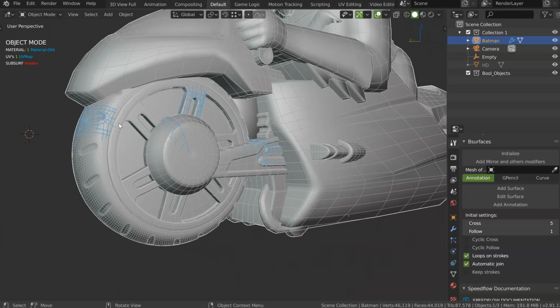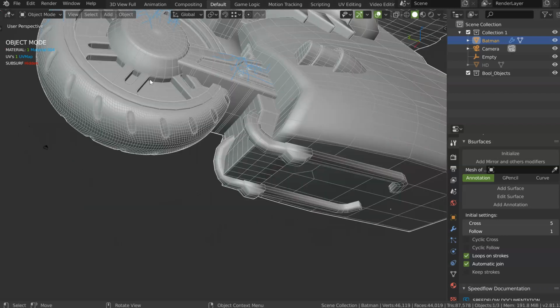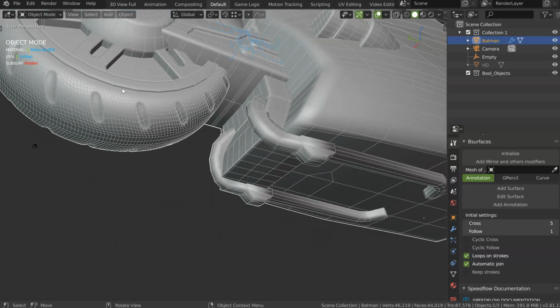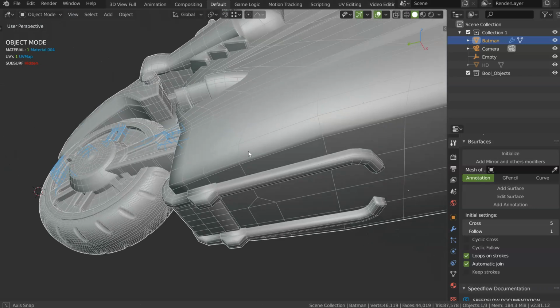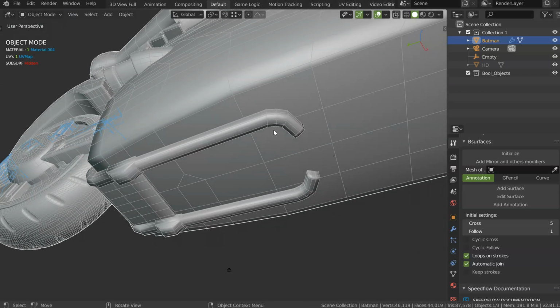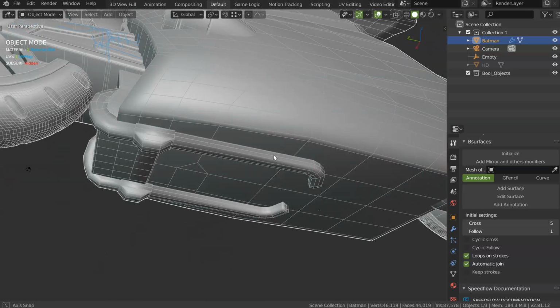On this part, same screw, so it would have been easier, a better result, and I would have had more subdivisions to not have this kind of result. If I needed more subdivisions, I could have added them. So this one could have been a bevel, another bevel here.